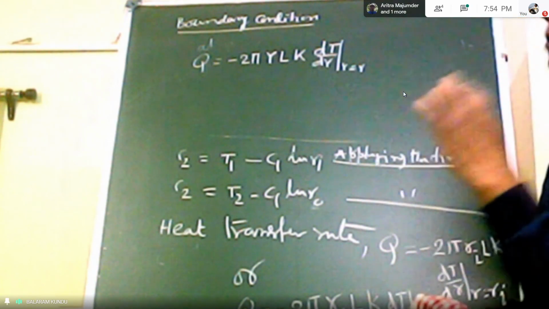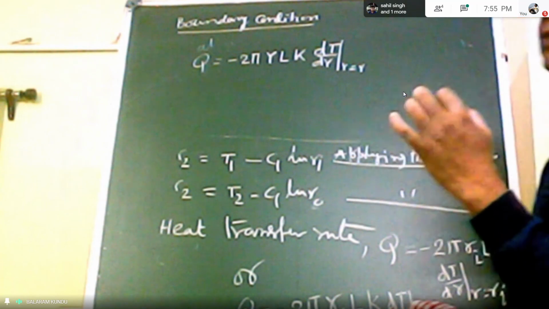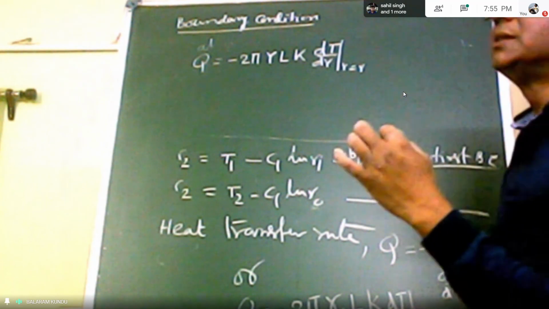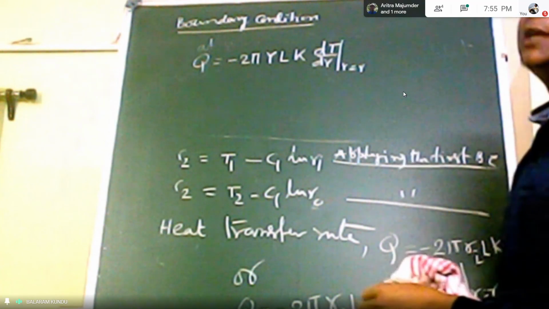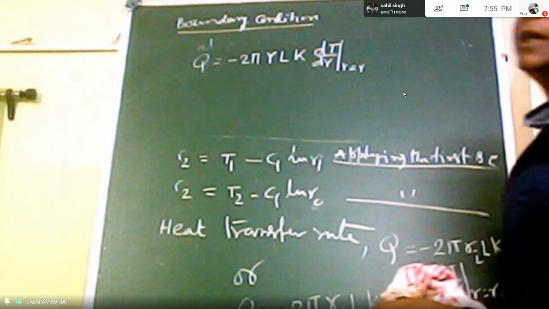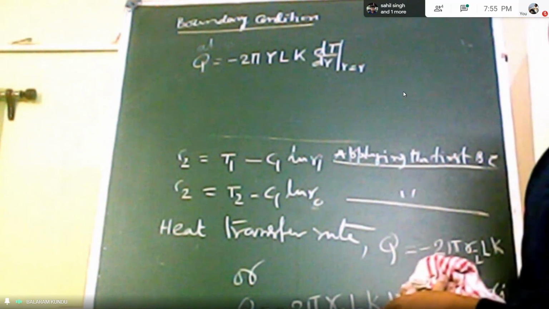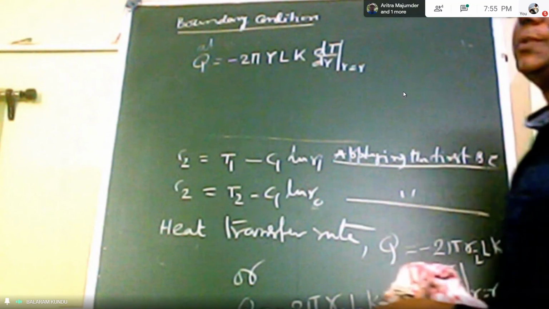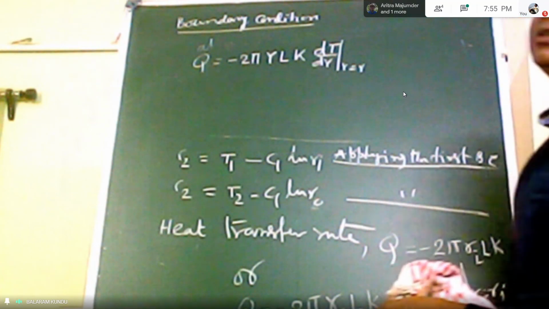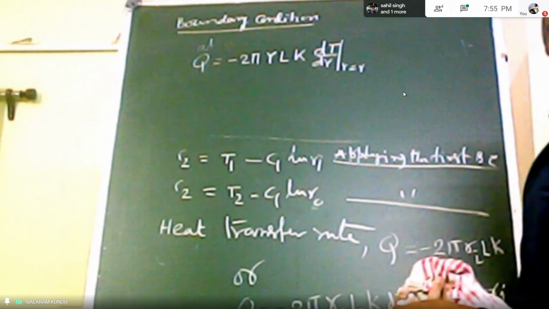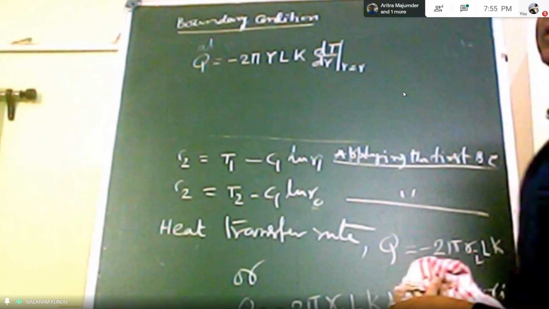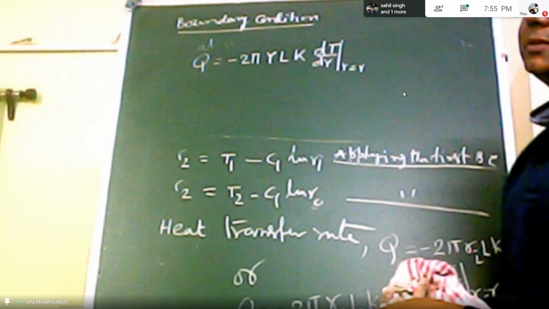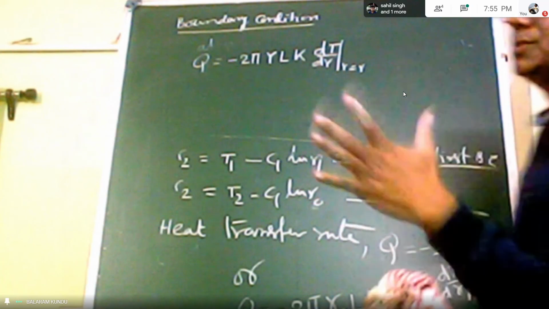In order to obtain the heat transfer rate, it is required to know the temperature distribution, and temperature distribution is obtained by solving the heat conduction equation. We have to write the heat conduction equation in an appropriate way, and then if we solve that equation using the boundary condition, we will get the temperature distribution, and from that temperature distribution, by applying Fourier's law of heat conduction, we can calculate the heat transfer. So that is the analysis of the heat conduction problem.